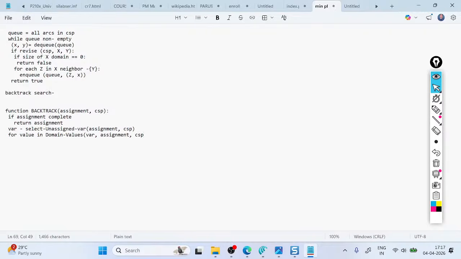Then we're going to close this bracket, and then inside the for loop, if value is consistent, right now we are checking consistency, consistent with assignment,